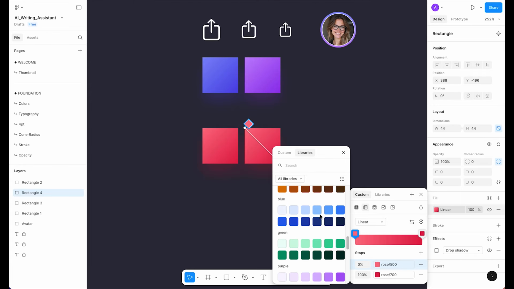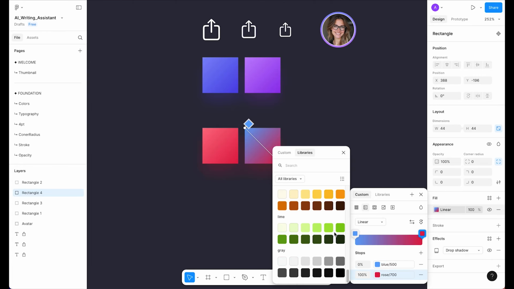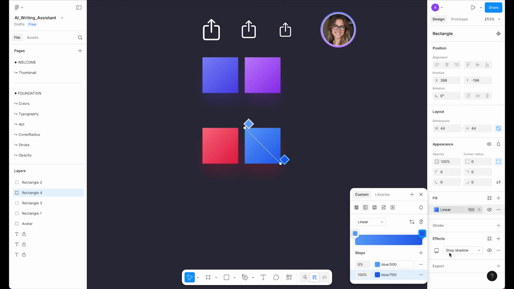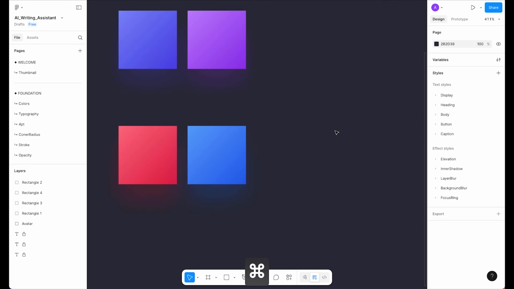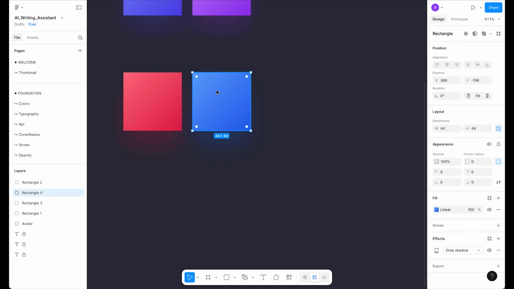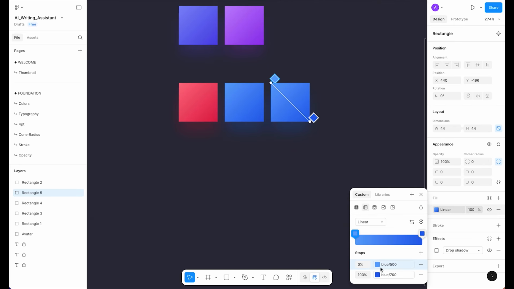So for the blue, let's make this light blue, and blue is at the top. Let's select this blue. And for the effects I'm going to click here, eyedropper, and make this 25 here. So the other value is fine, and we have this blue, which is the second color, and now I'm going to create our